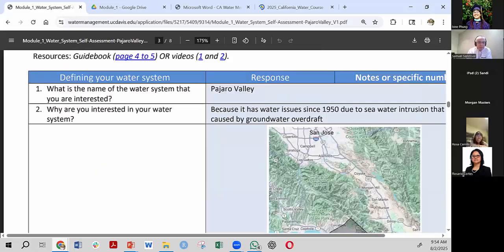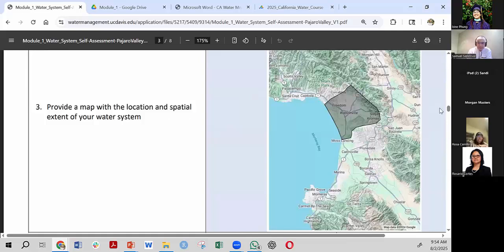I put in here what you need to watch or to read, and then name what is the name of the water system that you're interested in. So and so. Why are you interested? Well, because they have some groundwater overdraft. Provide a map of this.